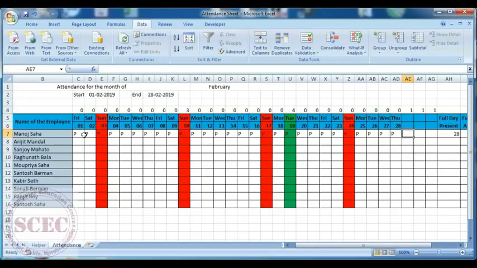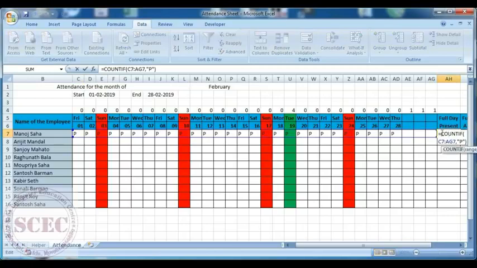So now we have to solve this counting problem. It's already showing 28, but it will be 2, then this, and this one. So counting will be 23. So how would we count? We should count the P if there is no Sunday and no holiday. That means we'll count if there is 0, no Sunday and P. So 3 conditions should be met. First, here should be 0, here should not be Sunday, and here should be P.